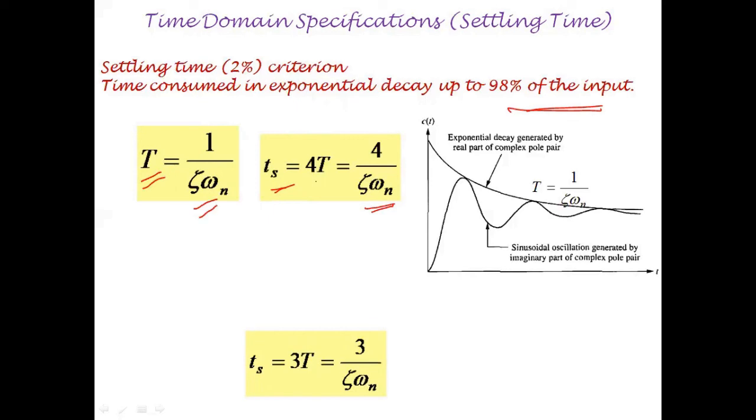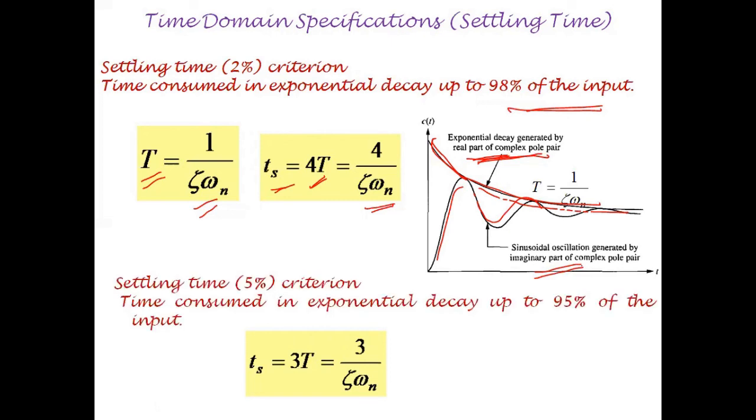And we have written Ts as 4T. And this graph clearly states that at t is equal to 1 by zeta omega n, we have an exponentially decaying term due to the real part of the complex pole. And we know that exactly at this condition, it is a combination of a complex conjugate pole, one at the negative real axis and other on the imaginary axis. So this exponentially decaying term is due to the presence of a root in the negative real axis. And the sinusoidal oscillation is due to the root which is present on the imaginary axis.